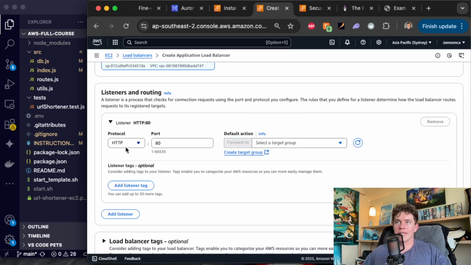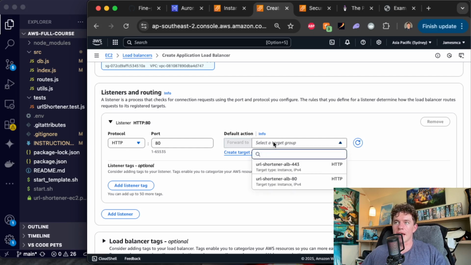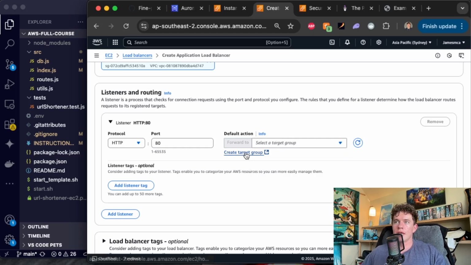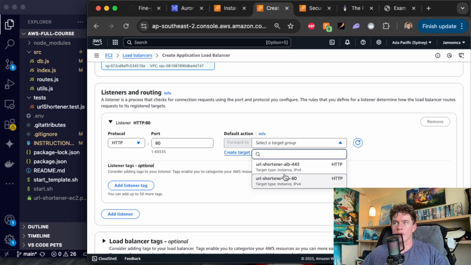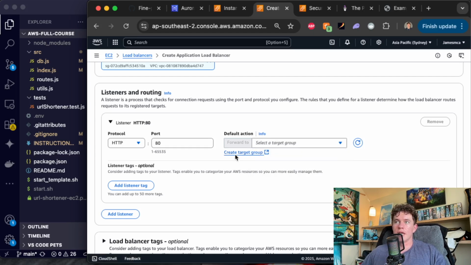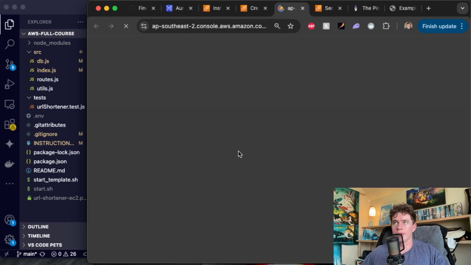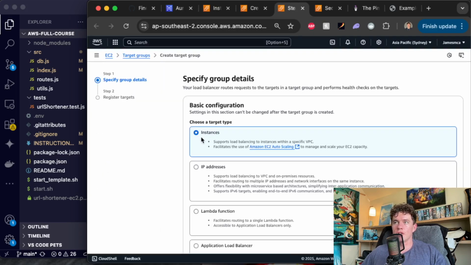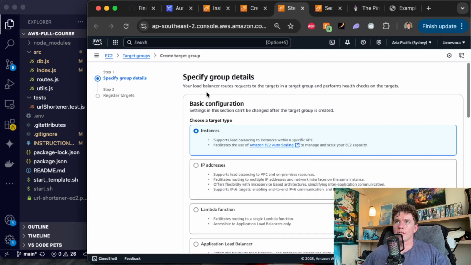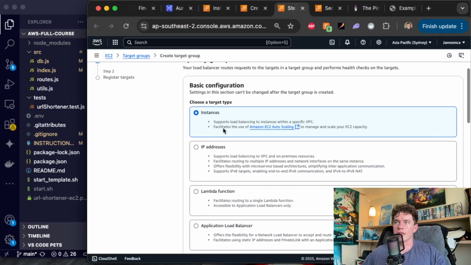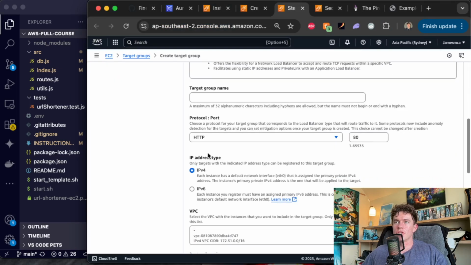And what we're going to do in here, we've specified the protocol. We need to determine the target action. Now in here, I've already got some because I've done this before. I'm going to create a target group because you won't have any. That's going to open us up in a new tab. For the configuration, I'm going to leave it on instances. I'm going to scroll down to the name. I'm going to go AWS full course,